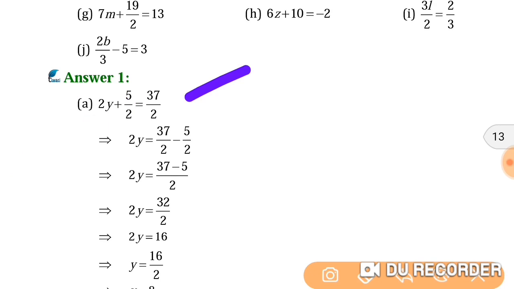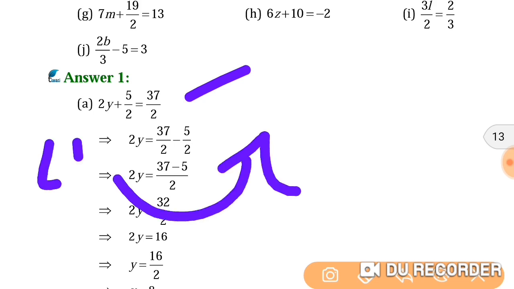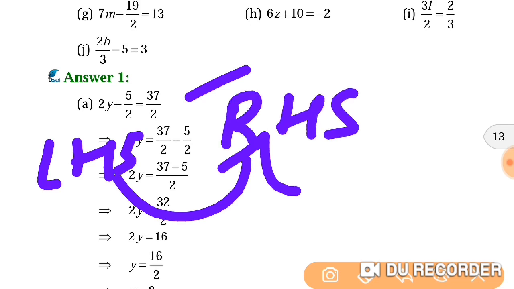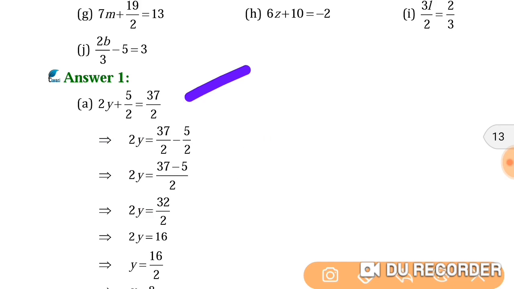That means except the y term, the remaining terms you have to transfer. If it is in LHS you have to transfer to RHS. How? If it is with addition, it becomes subtraction. If it is with multiplication, it becomes division. If it is in division, it becomes multiplication; it is the reverse. So first of all, we should not remove the 2 itself. First, addition and subtraction we have to separate.